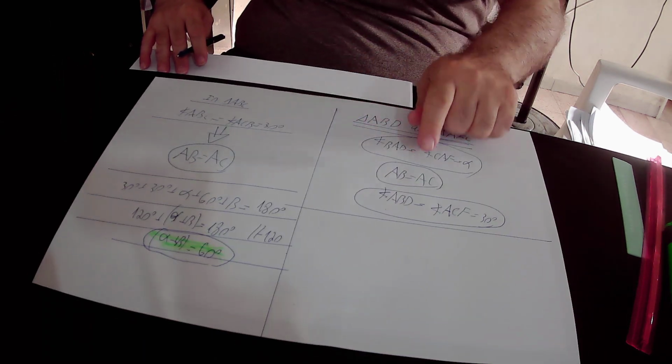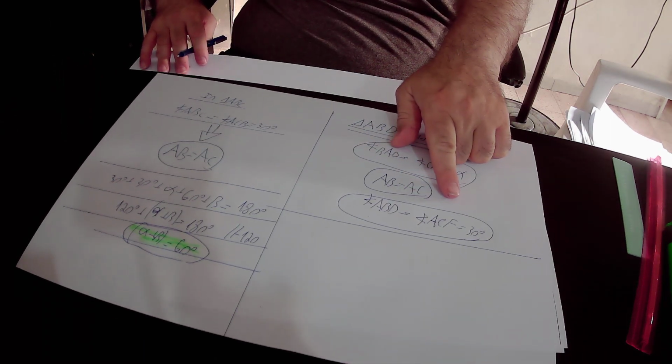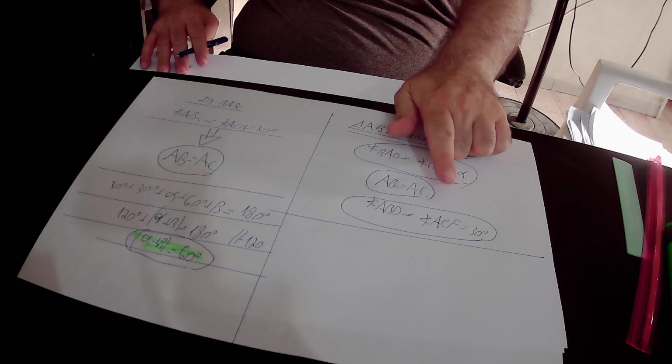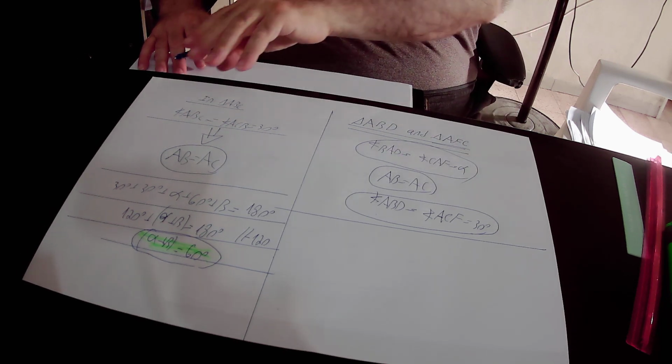I repeat again, angle ABD equals angle ACF, and both angles are equal to 30 degrees, therefore they are equal to each other. So we actually proved